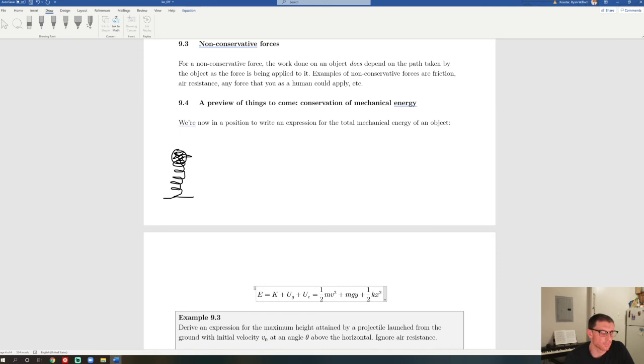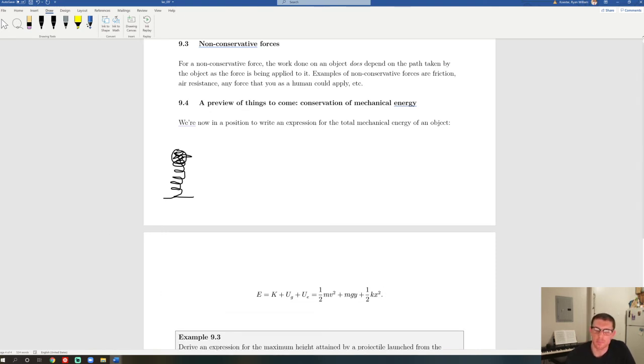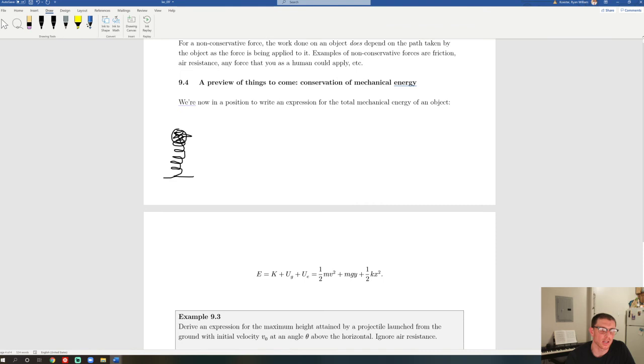And so you might be asking, why do we care? Maybe you've been asking that all along. I hope not. But in this particular case, we care because in systems where non-conservative forces are absent, energy is conserved. So let me put that in the document here. I'm going to say in systems where non-conservative forces are absent, this is a conserved quantity. And what that means is that,